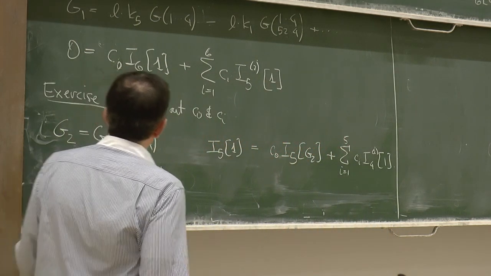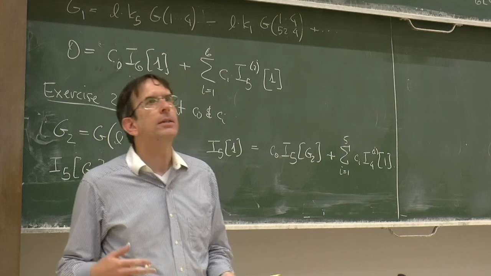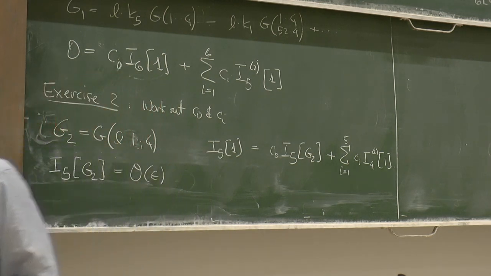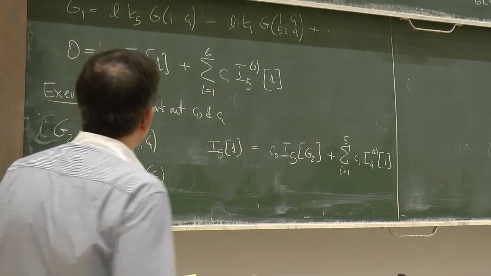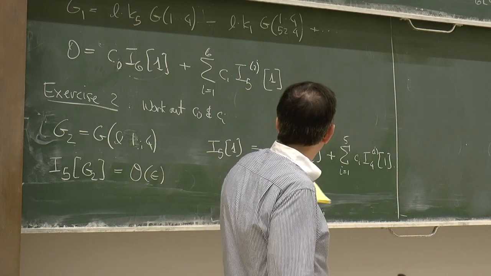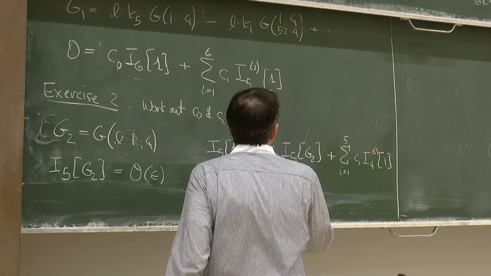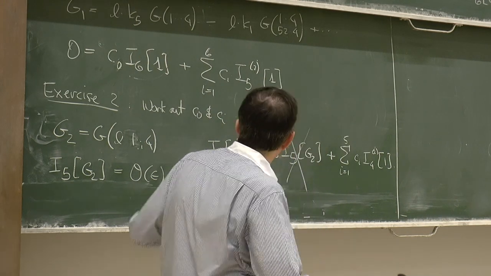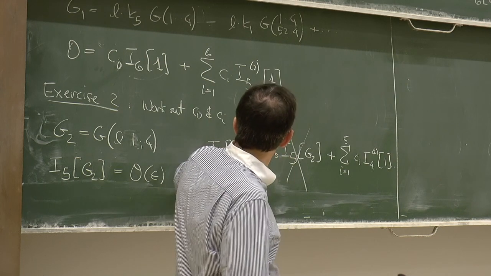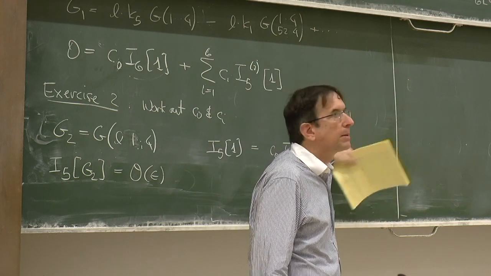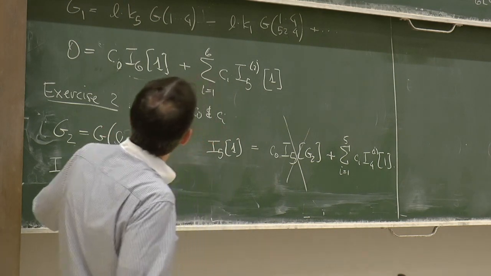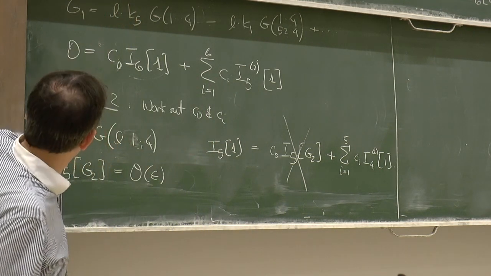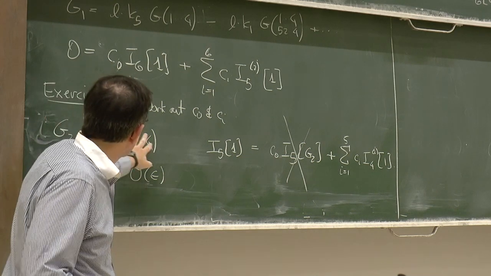So if I'm willing to drop terms that are of order epsilon, and in the one-loop amplitude something that's literally of order epsilon is not going to contribute to a physical cross-section, so I'm happy to eliminate it. If I'm willing to ignore things that are of order epsilon, then for this purpose I can reduce the scalar pentagon to a sum of boxes. And the way you find that is precisely the same way as we did for the 6-point integral. You have to expand this out